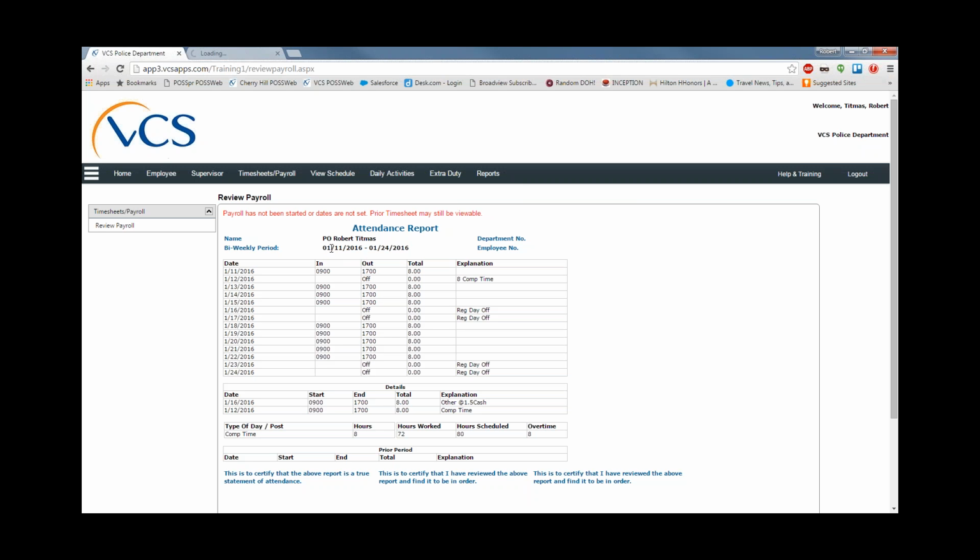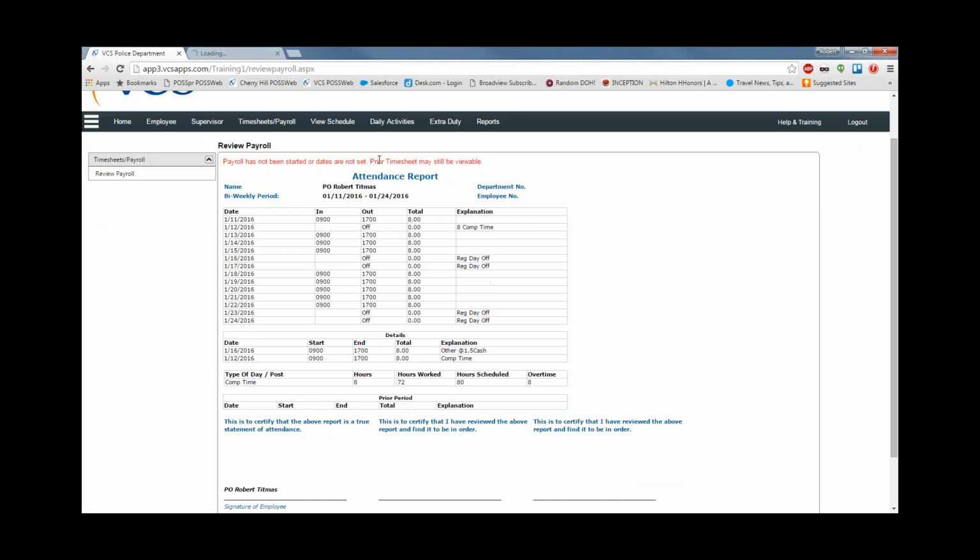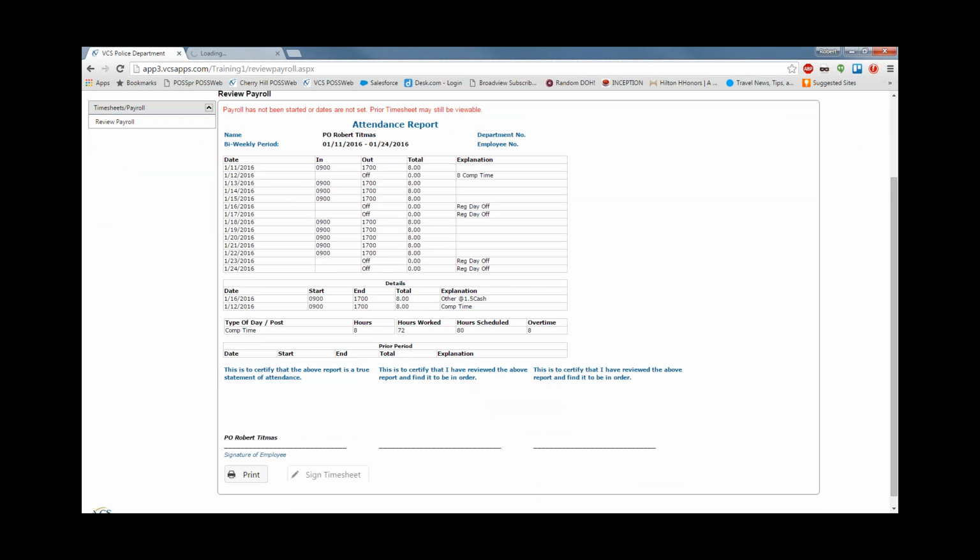So right now the pay period is not opened, like it says here. It's not been started. The most recent prior timesheet is 111 through 124. For anybody who sat in on yesterday's payroll training, that's the payroll period that we ran and we closed. So what I see here is really controlled by what's going on with payroll. Now, we ran that payroll period yesterday and we closed it, which is why I can only view, I can't